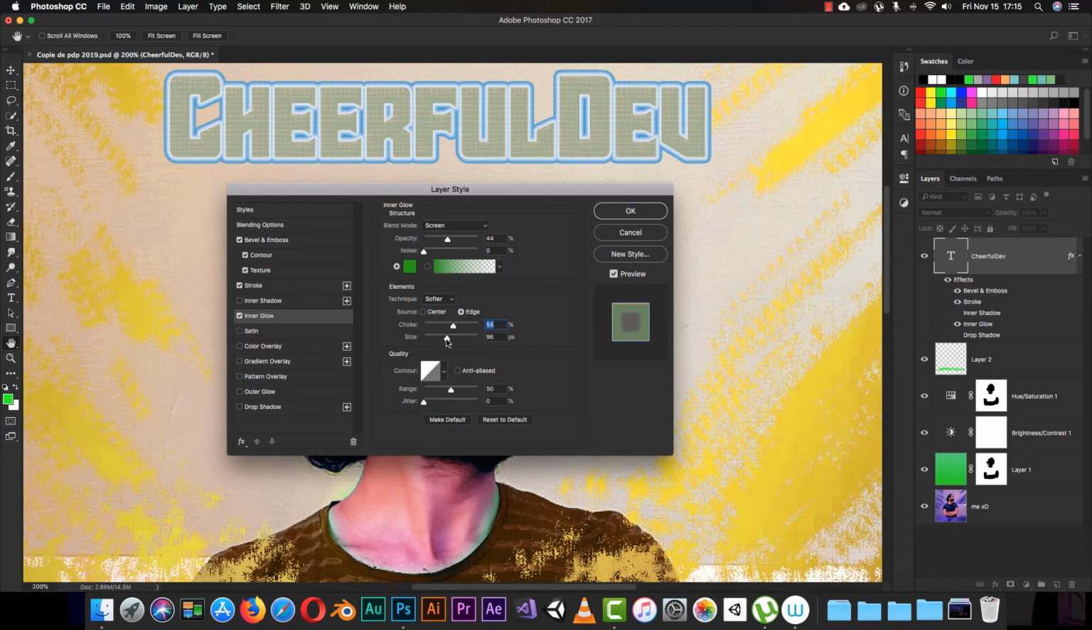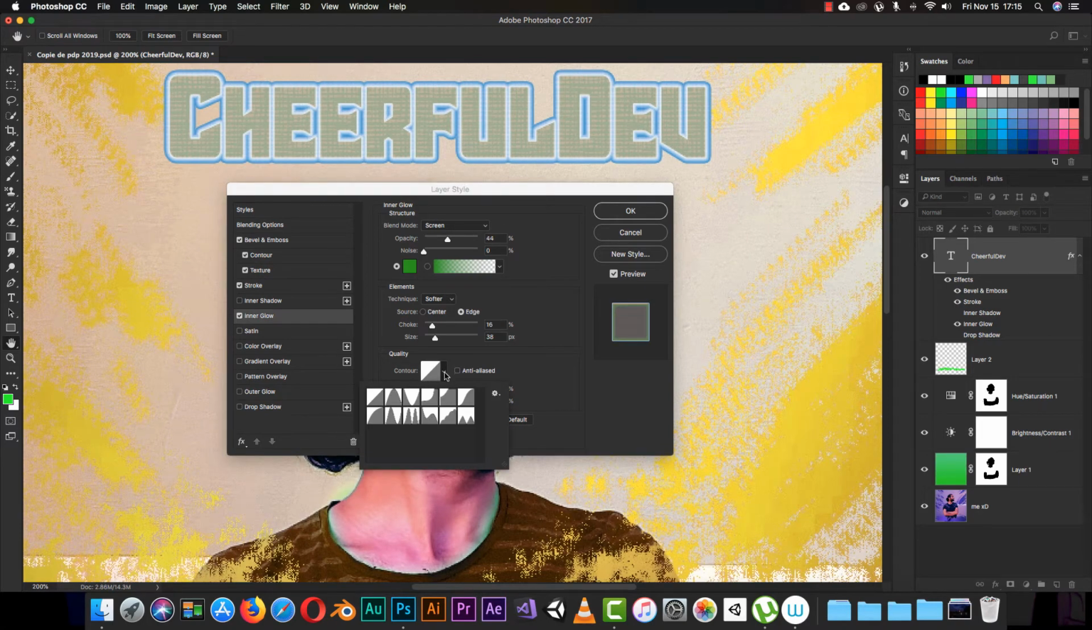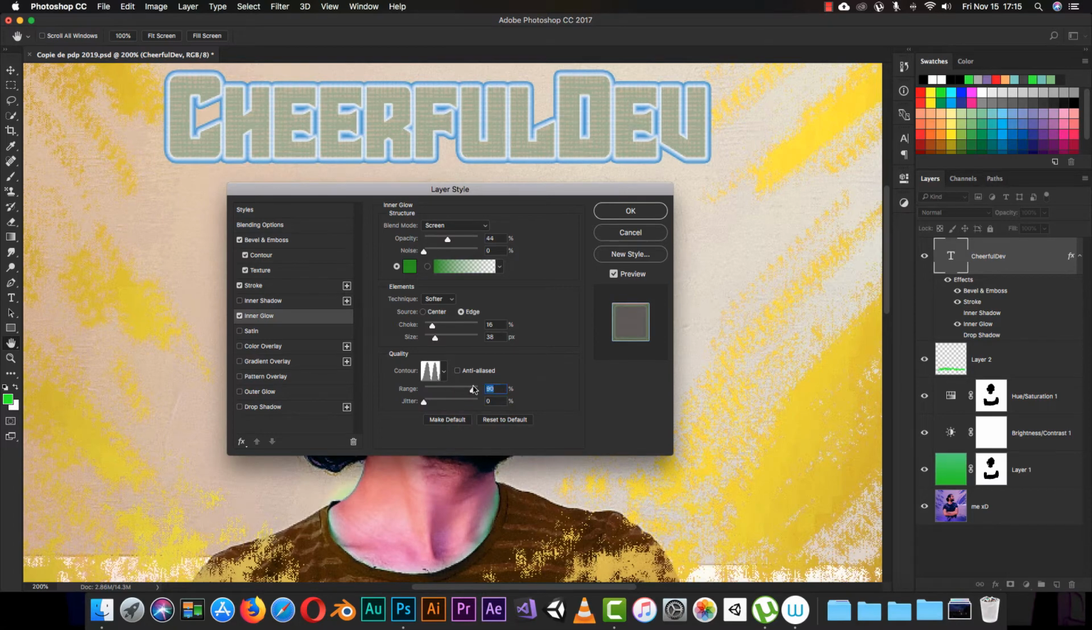We have the size, of course, how big this is going to be. This is the quality. As we've seen before, we can make any contour we want, and this is the range, how much it will be covering this text here, something like this. And this is the jitter. Of course, you can make it however you want and however you like. Now I will